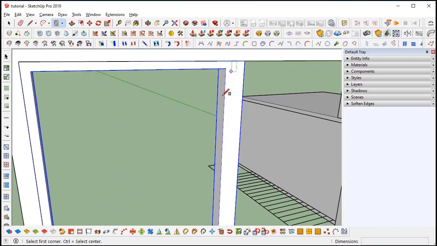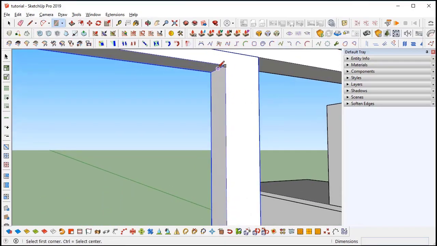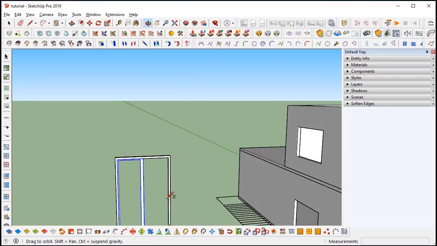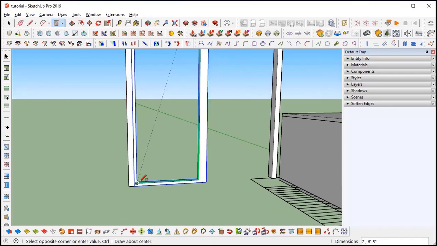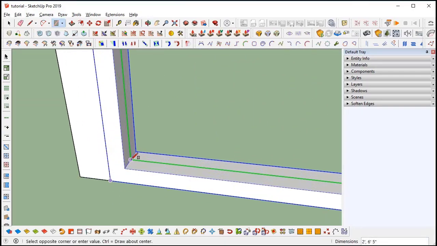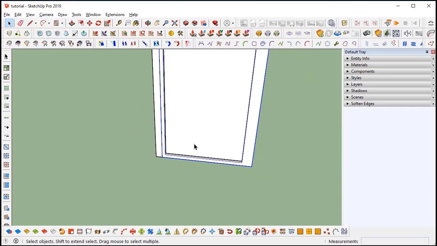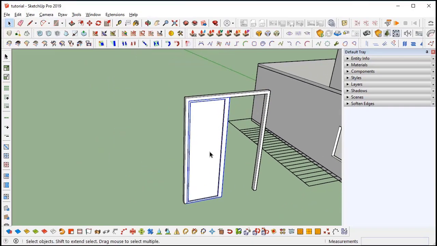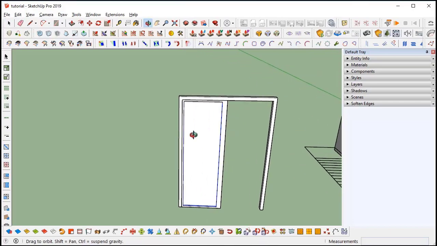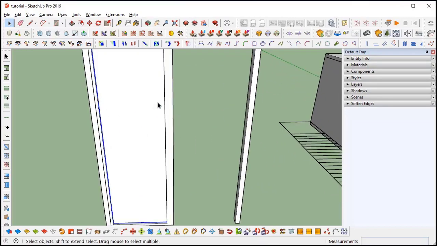Again, draw a rectangle for the glass. Entire door will be glass. I'll just select the midpoint to midpoint. Hold the left arrow for the green axis, it will be like tracing the green part, and simply click on it. Now we will get the door. Just group it again for the glass part, and we need to make the handles.